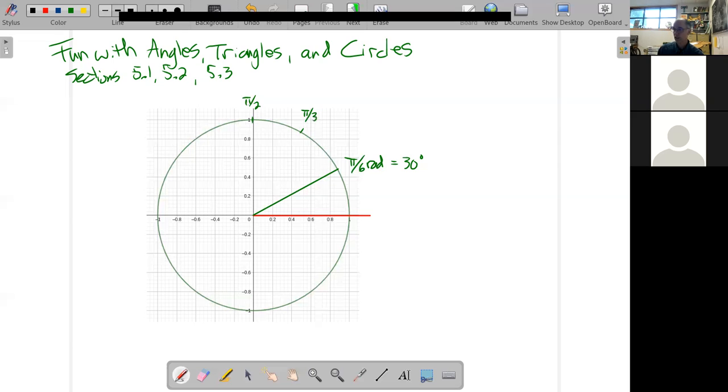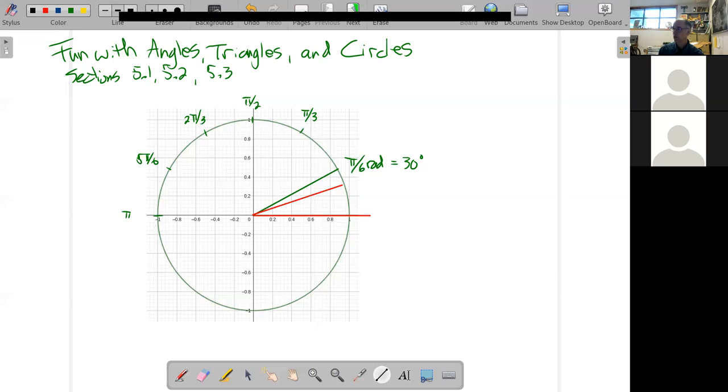All right, so this is an important skill in trigonometry. So we keep counting 1, 2, 3. Over here would be 4 pi over 6s, which reduces to 2 pi over 3. 1, 2, 3, 4, 5 pi over 6 would be here, which does not reduce. And then 6 pi over 6s would put us over here, which would be pi. And if we sweep ourselves all the way around and back to the beginning,